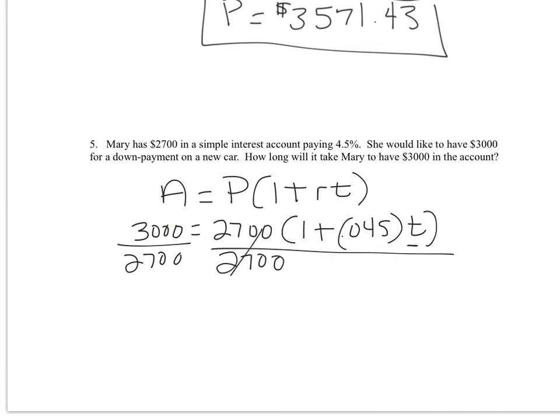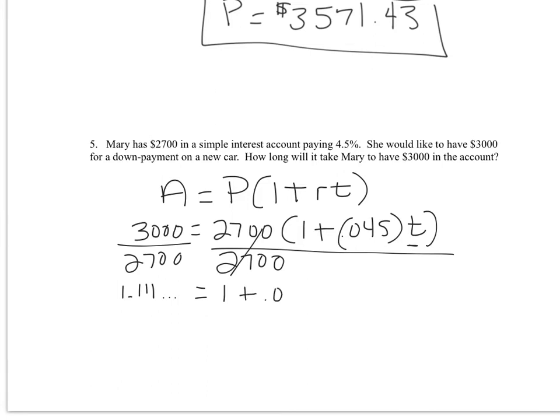The benefit to doing this is that I will not have to distribute, and if I take 3,000 divided by 2,700, I get 1.111 that repeats is equal to 1